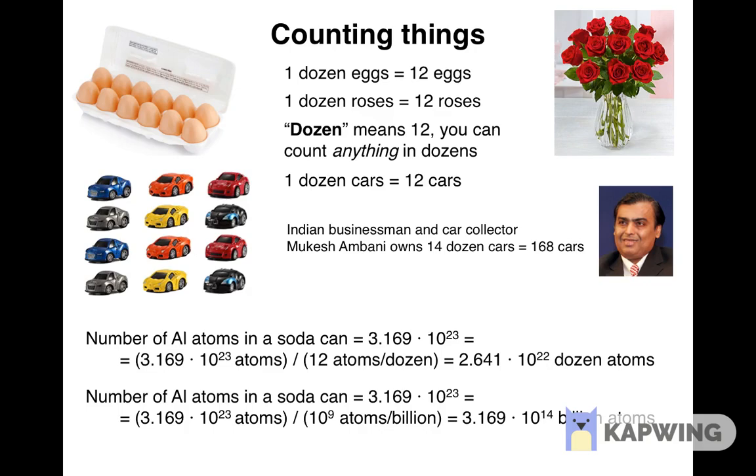3.169 times 10 to the 23rd power atoms is 3.169 times 10 to the 23rd power divided by 10 to the 9th power atoms to a billion, and that is 3.169 times 10 to the 14th power billion atoms. Still a very large number. So it is practical to count atoms in yet larger units, and the unit that is commonly used in chemistry